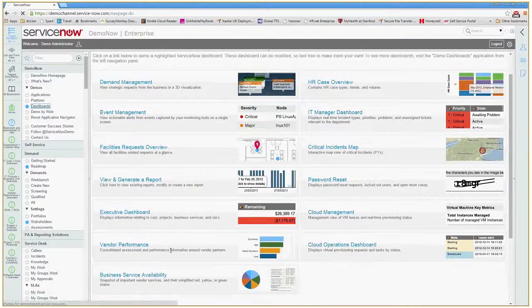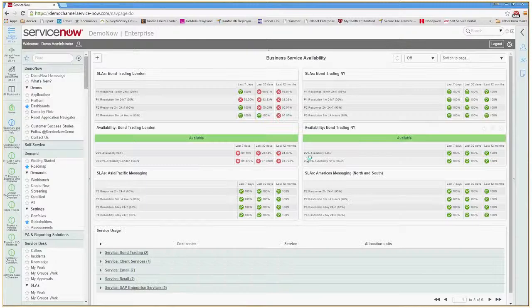Just one more thing I wanted to show you is the business service availability. Also being able to go into this dashboard and see at a glance if SLAs are having problems in different regions, different service usages, different applications and their availability. We can map these and align them to IBM. So I know this is a lot. I wanted to make it short, but this is the power and possibilities if we were to take a look at trying to leverage our